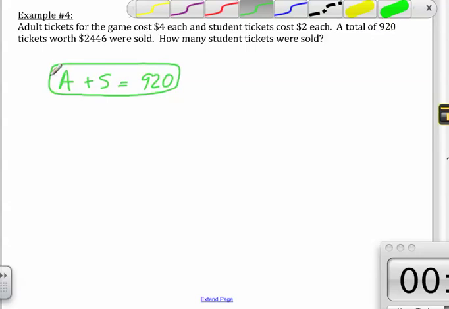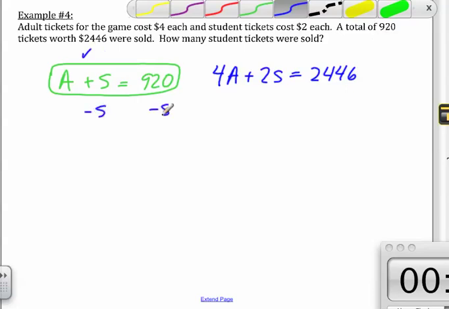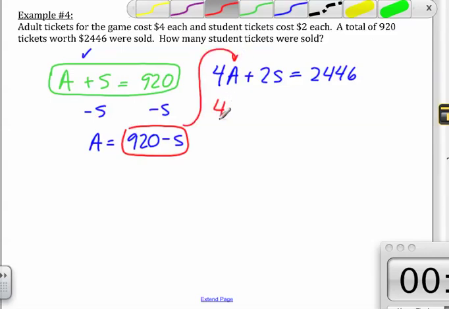Now I need an equation that deals with the value of the items. So it's $4 times every adult ticket plus $2 times every student ticket is equal to $2,446 total. So now that's their value. So I can take this equation and get a variable by itself. Just subtract s from both sides, and I get a is equal to 920 minus s. And now that I know what a equals, I put it in place of a. So 4 times (920 minus s) plus 2s is equal to